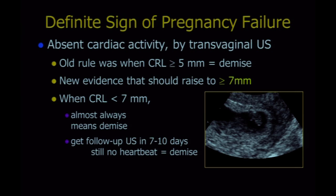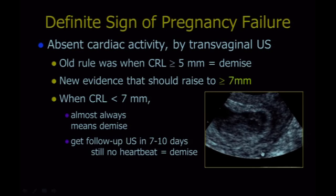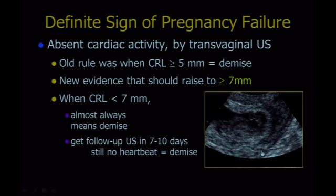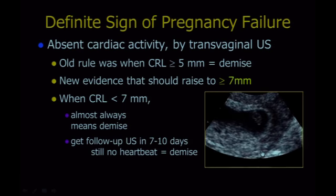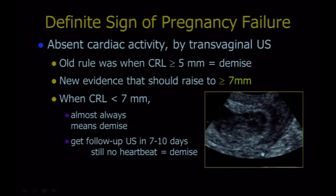So if you don't see cardiac activity, even less than 7, you should be very worried. And here's a patient, small embryo, no heartbeat, and this did go on to be a failed pregnancy. So if it's 7 millimeters or more, adequate quality transvaginal ultrasound, no cardiac activity, you can confidently call that a